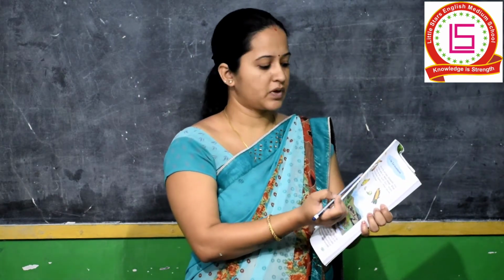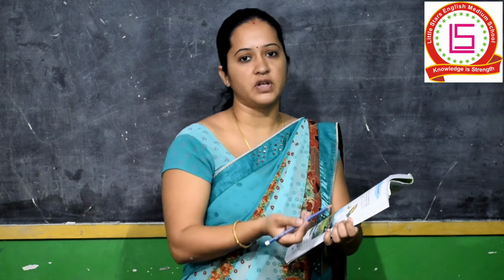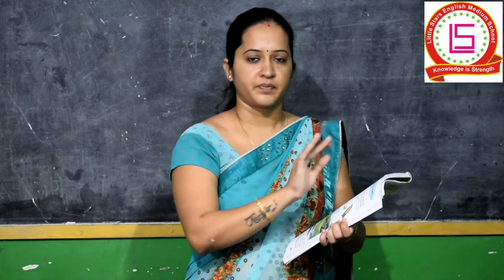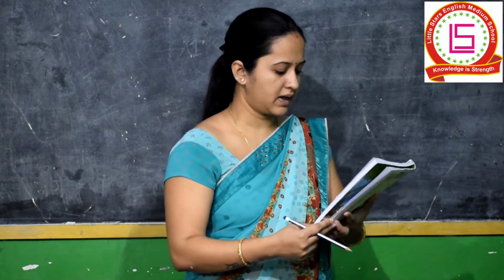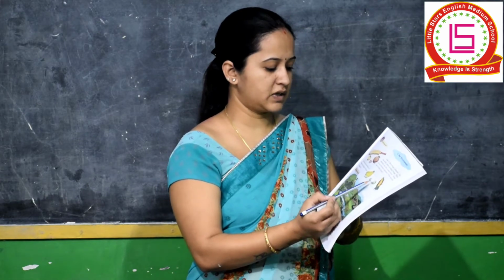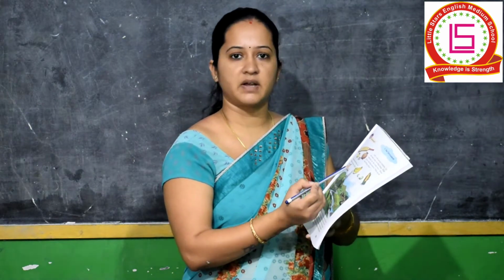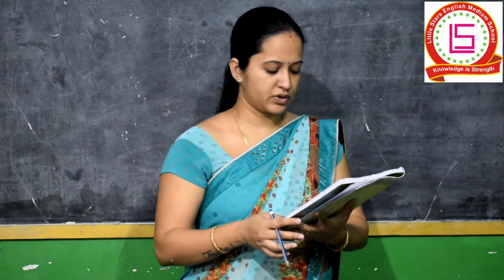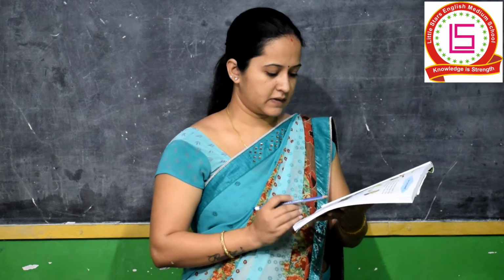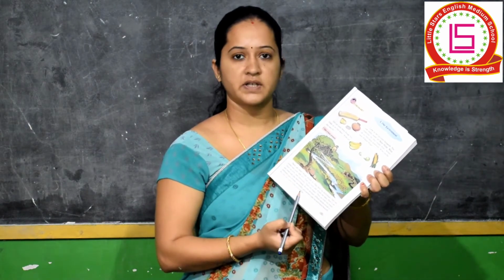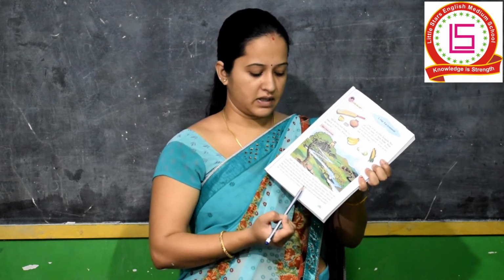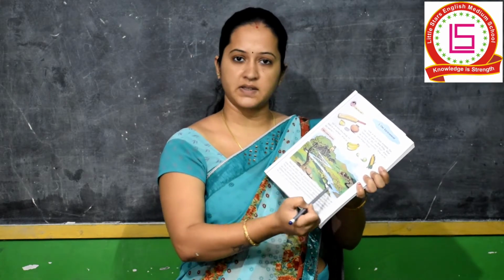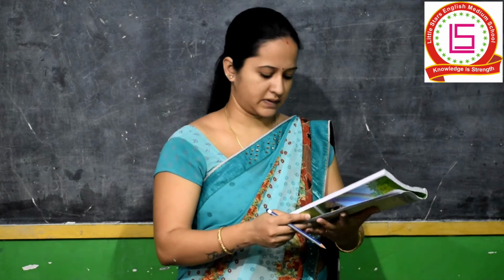They have been just told that you can look at these pictures, of what thing they have been made, what we use it for, and what are their names. Only that much. Next, you can also name these things. Where can we find them and what they are used for? We'll start now actually with the lesson. See, there is a picture given here, and below this paragraph, this is all the information that you can see here. We'll just read it once.